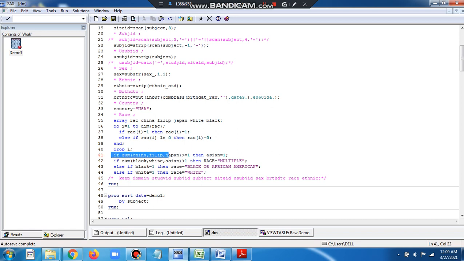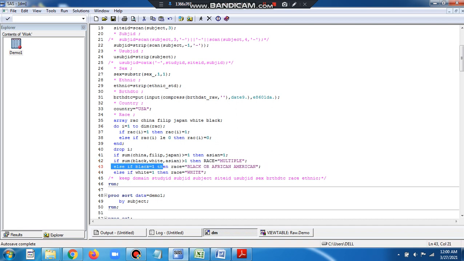So if the sum of these three variables is greater than or equal to 1, then it's an Asian. The subject is an Asian, because all these fall under the Asia continent. On the other hand, if the sum for black, white, and Asian is greater than 1, the race is multiple.